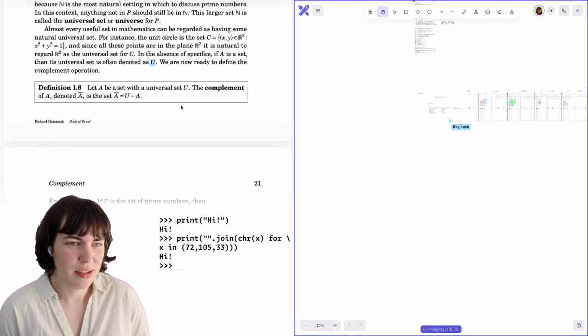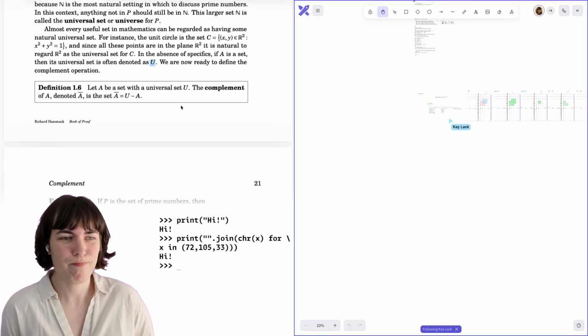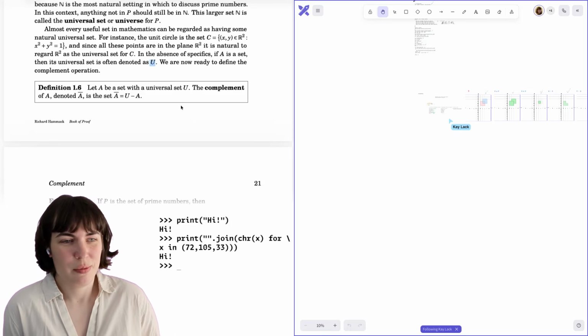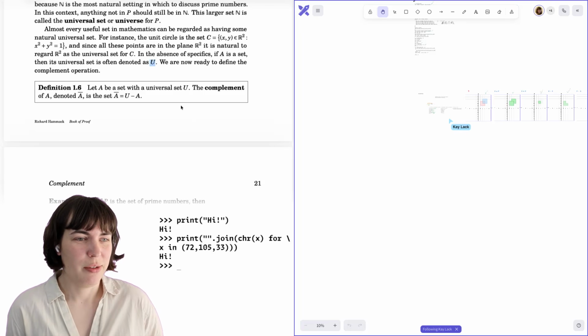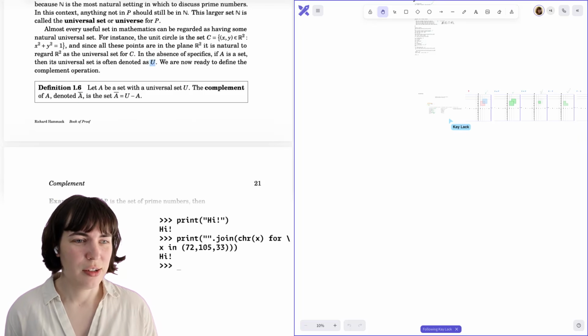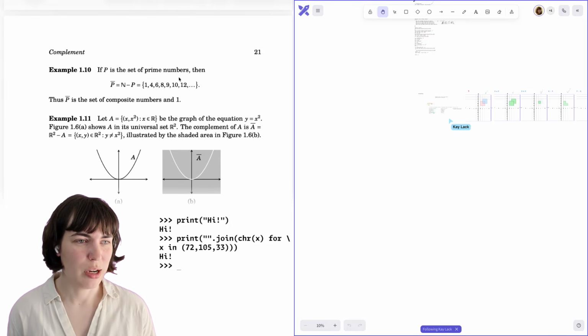The complement of A, denoted bar A, is the set bar A equals U minus A. If anyone has a good pronunciation of bar there, let me know. So it's everything that's in the universal set, difference, everything in the A set. Makes sense. Example 1.10, if P is a set of prime numbers, then